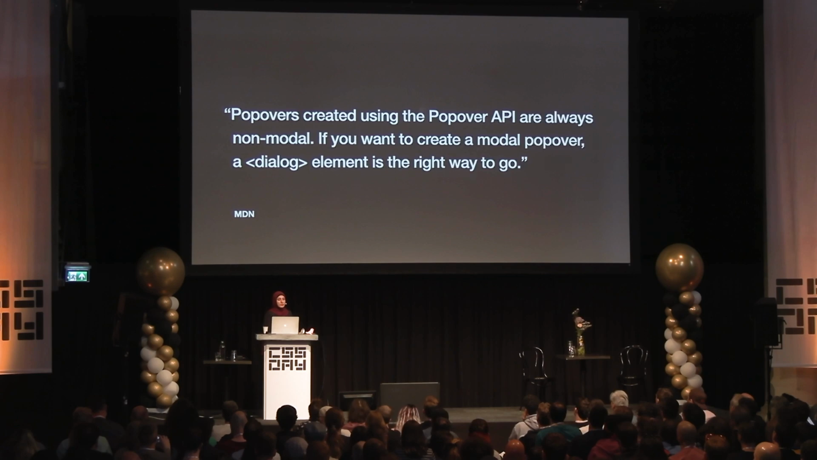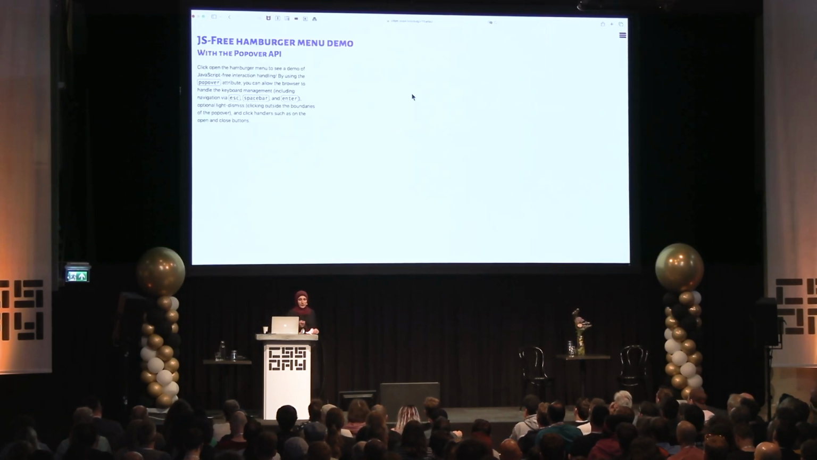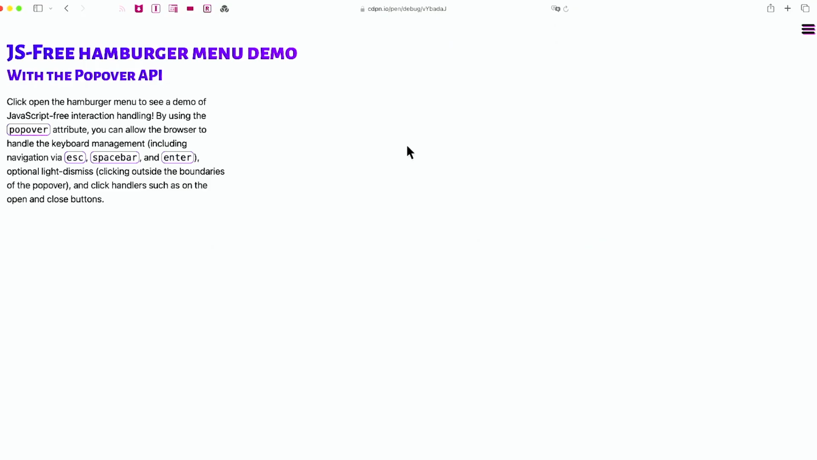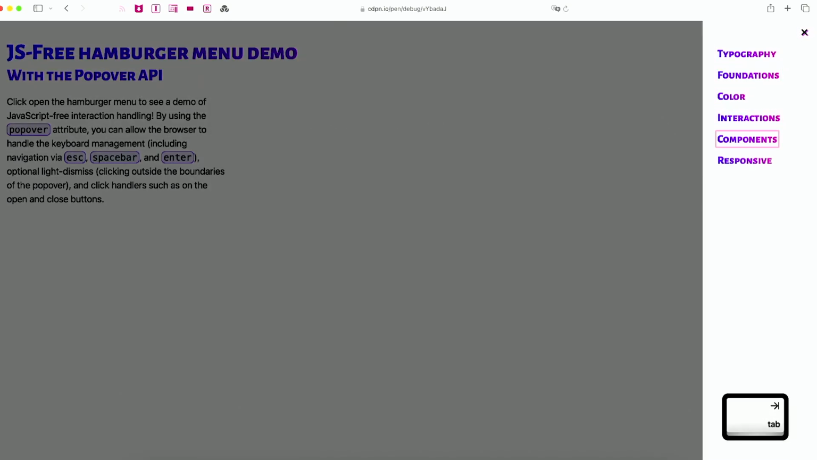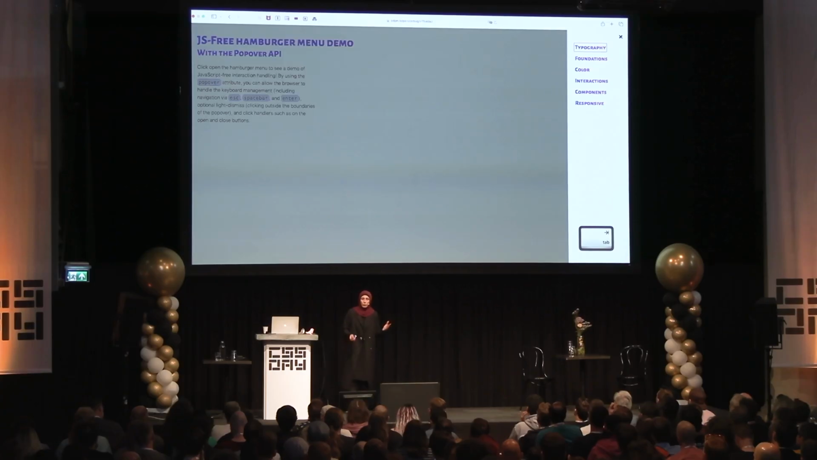Now, one of the most important things to remember about the popover API is that popovers created using the popover API are always non-modal. If you want to create a modal popover, a dialog element is the right way to go. If you do use the popover API to create a modal dialog, like Yuna demonstrated in this demo a couple of months ago, then you still need to use JavaScript to supplement the dialog's expected keyboard interactions, because the popover API is not made for modal dialogues. So when you create it,